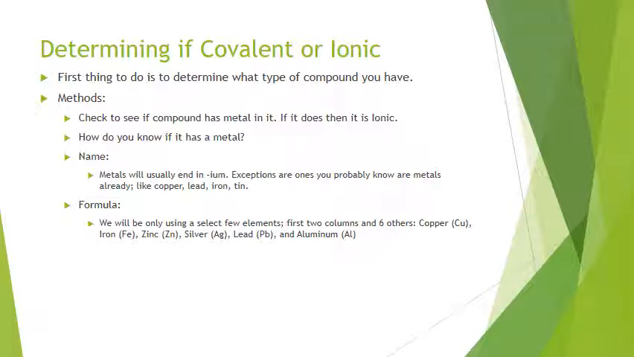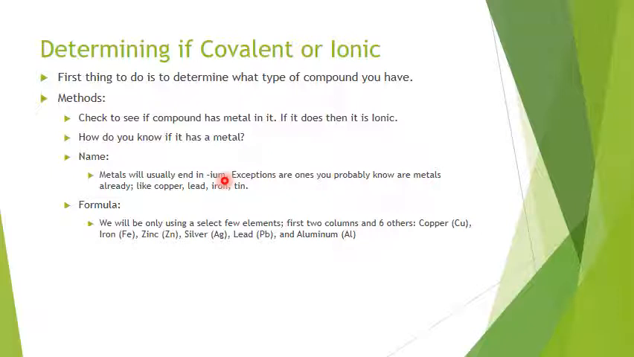The metal would come first in the name or the chemical formula. Now, the chemical formula represents how many atoms of each element are found in the molecule. So, first thing you would want to do is see if it has a metal in it. Well, if you're given the name of a compound, one way to tell if it has a metal in it is to look at the first word, and if the first word ends with IUM, you're pretty sure that it's an